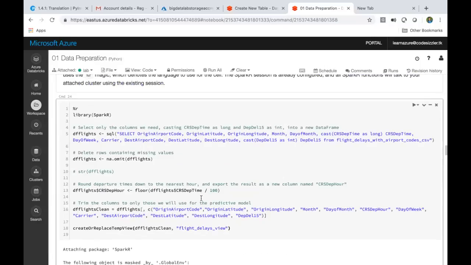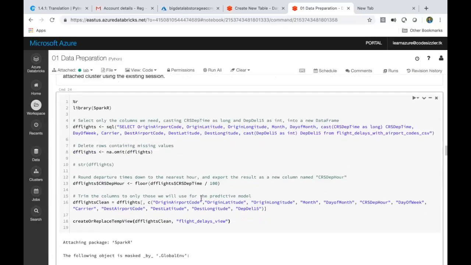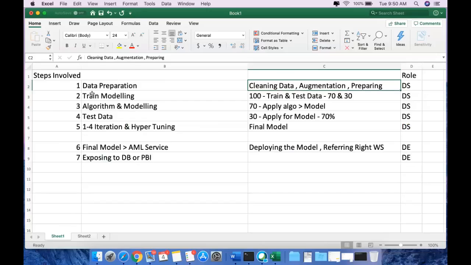Yeah, Shashank, till now we have been reading the data into a data frame. That's it. We didn't do any modeling yet because we're preparing the data first of all. If you remember, we have seen this slide where we said that data preparation is more about cleaning and augmenting and all those things. So we are doing this phase now.